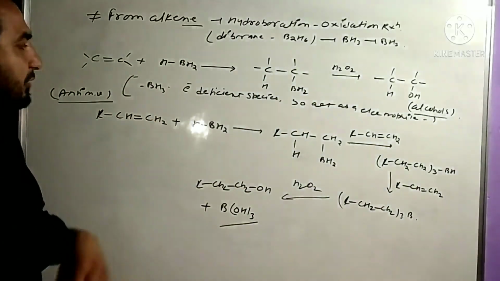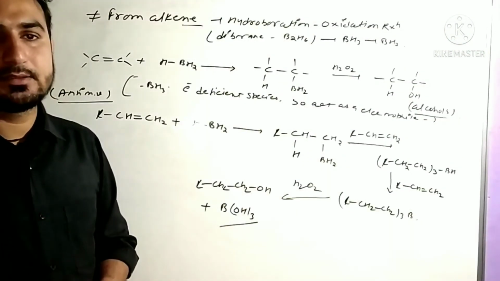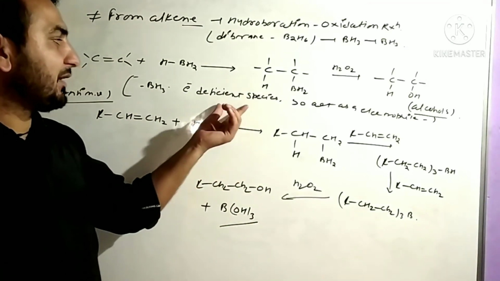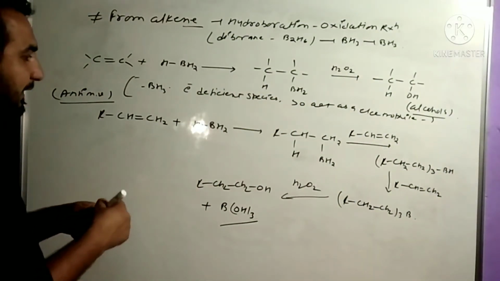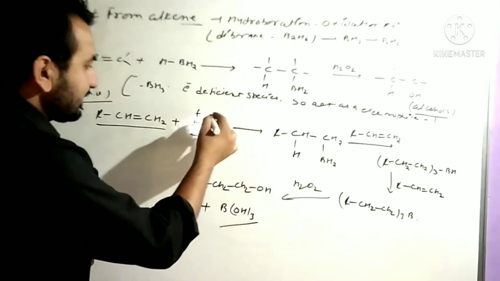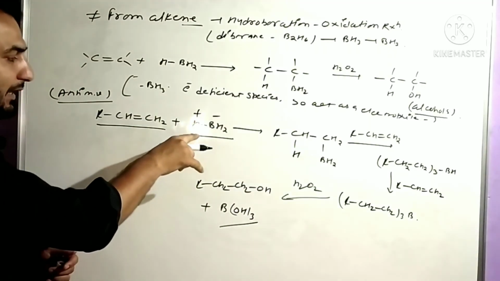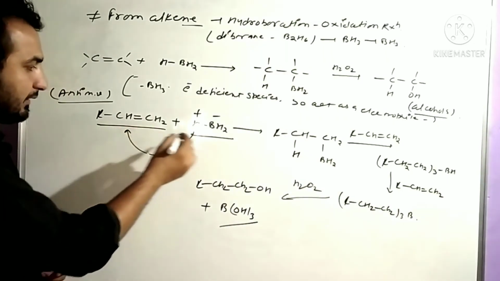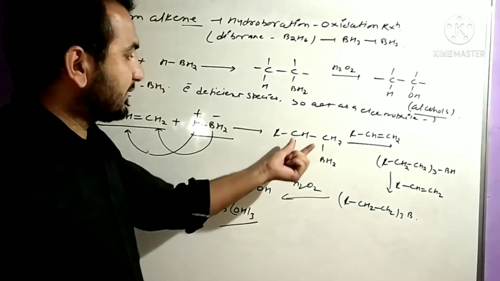Now here I told you earlier that BH3 is an electron deficient species, so act as a electrophile, ठीक है। इलेक्ट्रॉन डिफिशियंट स्पीसीज आपके पास है, इलेक्ट्रॉन डिफिशियंट है तो कैसा बिहेव करेगा? इलेक्ट्रोफाइल की तरह बिहेव कर रहा है, ठीक है। तो आपके पास जो अनसिमेट्रिकल एल्कीन यहाँ पे था, इसमें आप ऐड कर रहे हैं BH3 को, ठीक है। दिस इज द प्लस पार्ट, दिस इज द नेगेटिव पार्ट, ठीक है। सो अकॉर्डिंग टू एंटी मार्कोनिकोव द प्लस पार्ट इज एड हेयर, ठीक है। ये आपका यहां आ जाएगा, ठीक है। और जो नेगेटिव पार्ट होगा वो आपका यहां पर आ जाएगा,